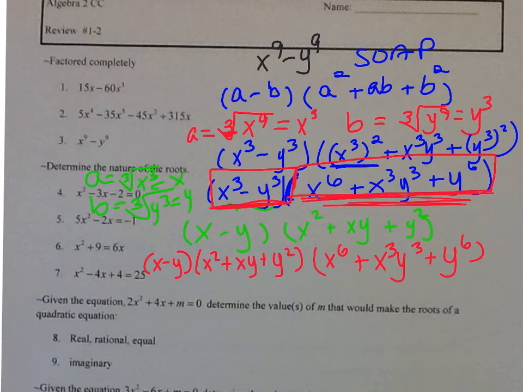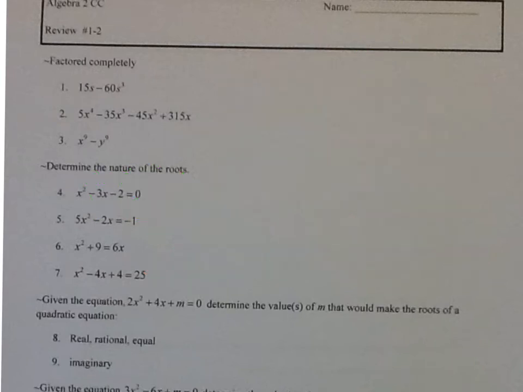Okay, so let's take a look at number 4. Number 4 is the nature of the root. So remember, nature of the roots means what kind of roots do I have? Do I have real, rational, equal? These are your choices. They could be real. The only time they're not real is when it's imaginary. Real, rational, equal,